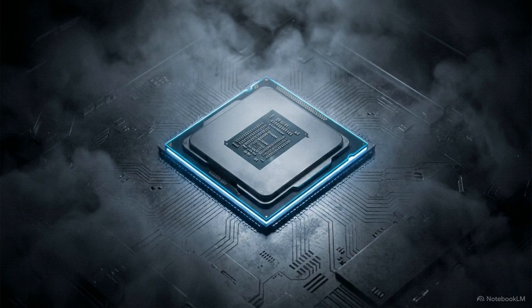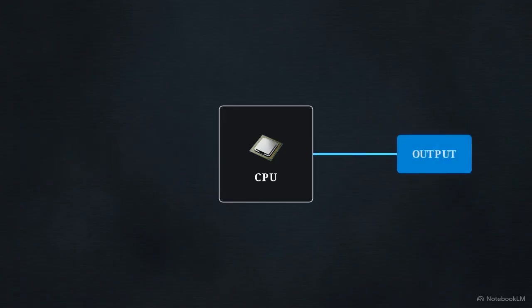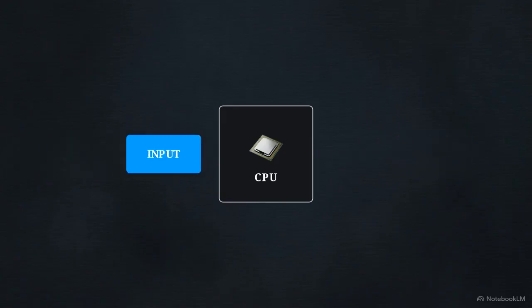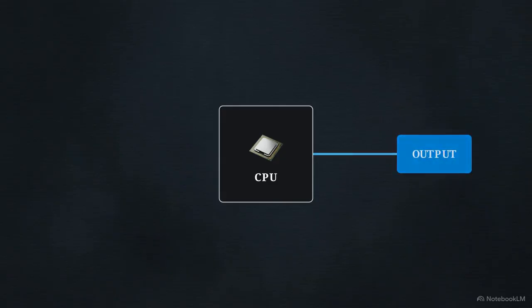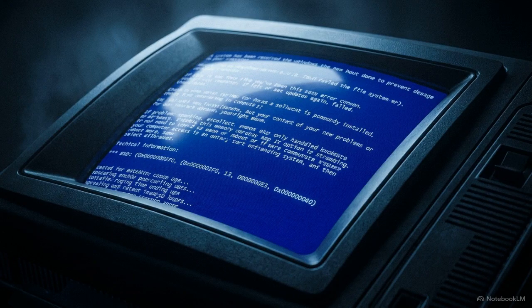When you write software for a single computer, the rules are comforting and predictable. The environment is deterministic. If the hardware is working, the same operation will always produce the exact same result. And if the hardware breaks, the consequence is usually straightforward. The entire system simply stops. You get a kernel panic or a blue screen, and everything shuts down cleanly.